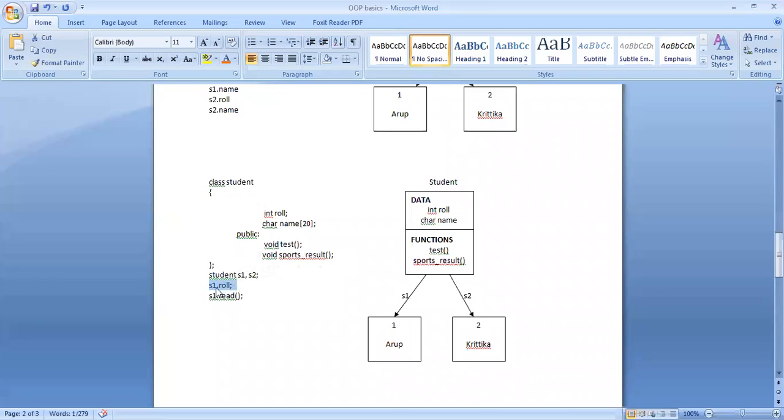Say you want to access roll number for student 1. You have to access it using s1.roll. Only then it will specify for which particular object you want to access roll number. Suppose you want to access the test function.